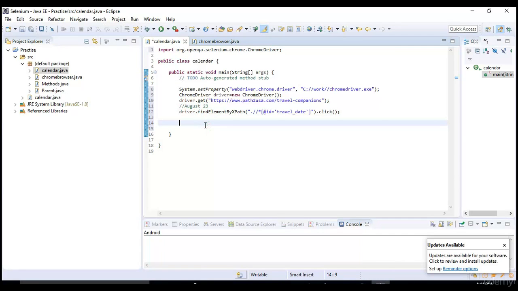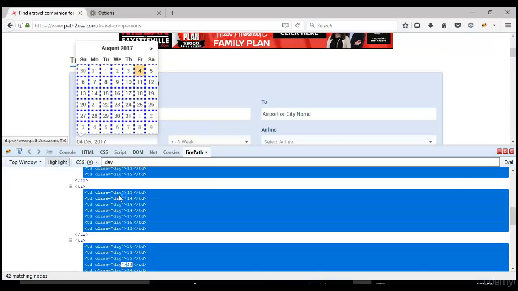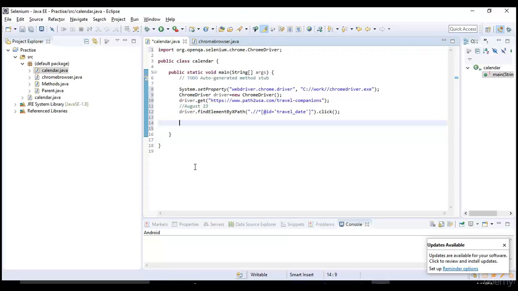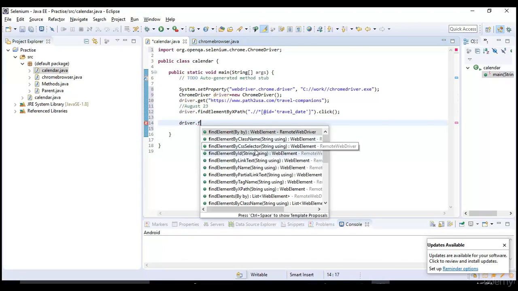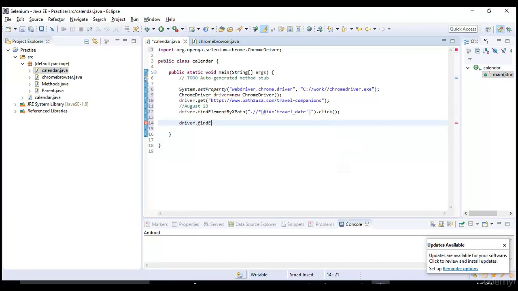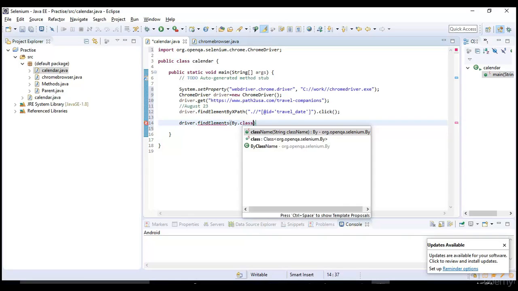Okay, so we know that the class name is day for all the dates here. So I want to take all the dates into one list. I can simply say driver.findElements by class name.